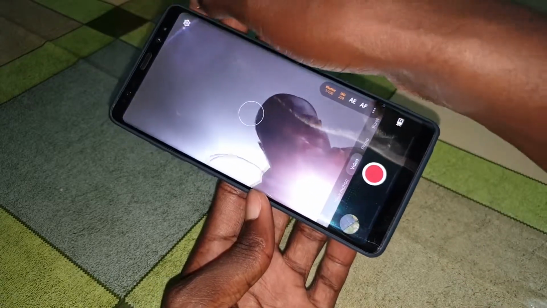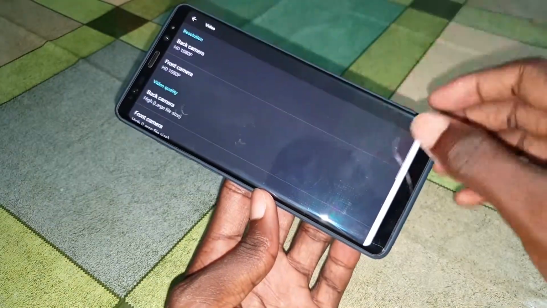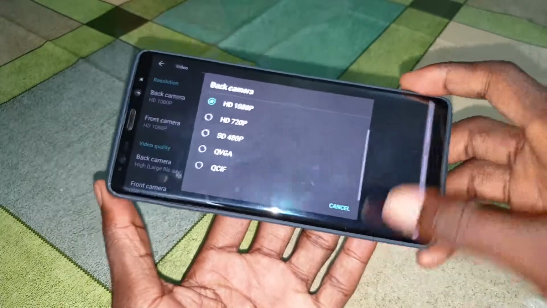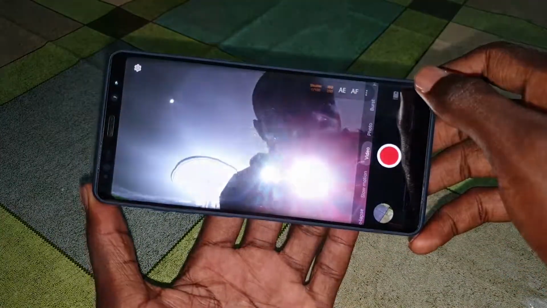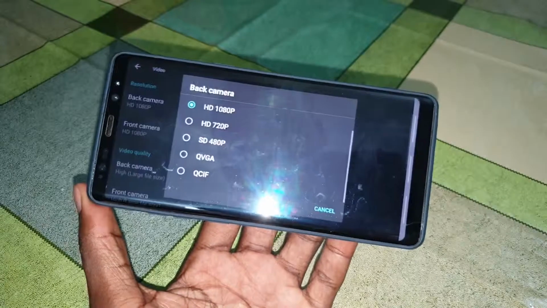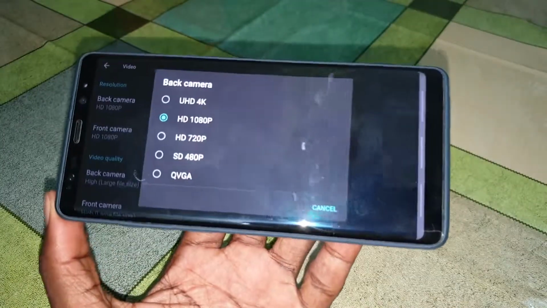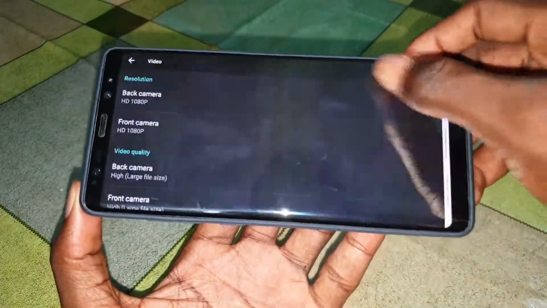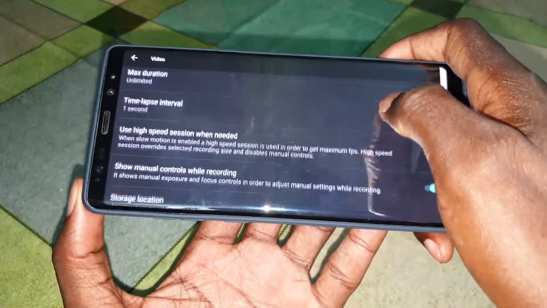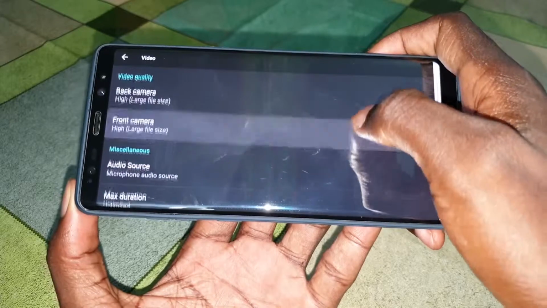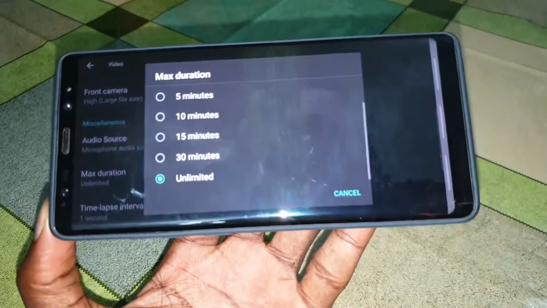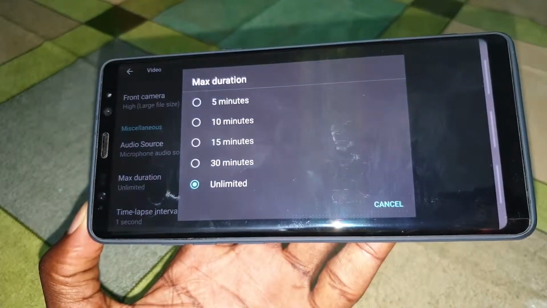And you can also record in 4K video with the main camera. Let me show you 4K video in front of you, unlimited. Okay, you absolutely need to activate this mode, max duration.